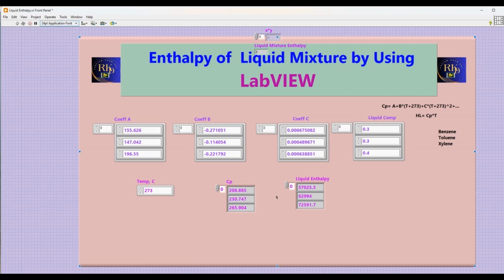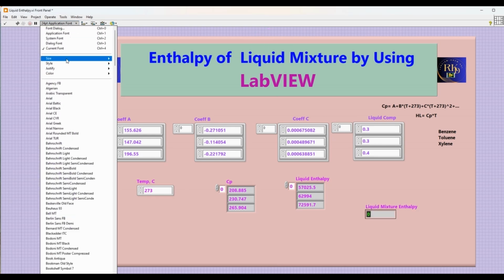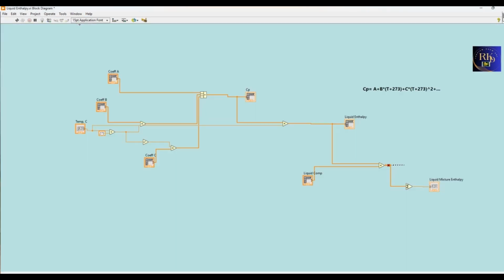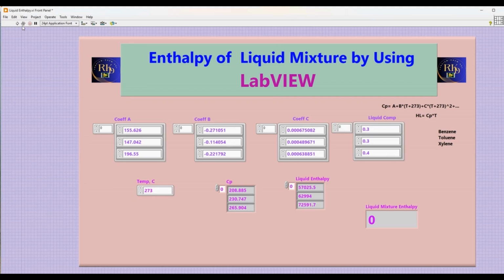Now I'll go back here, and from here I'll increase the size. Here the connection is broken, so I'll remove this wire, and from here I'll simply run it and you can check.